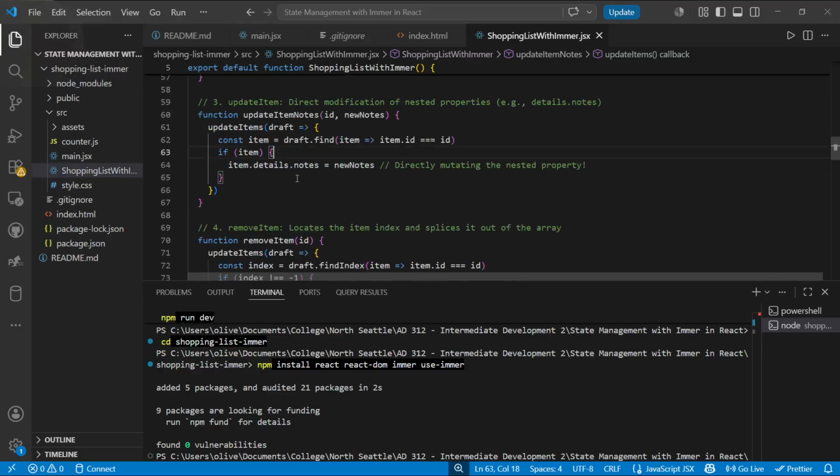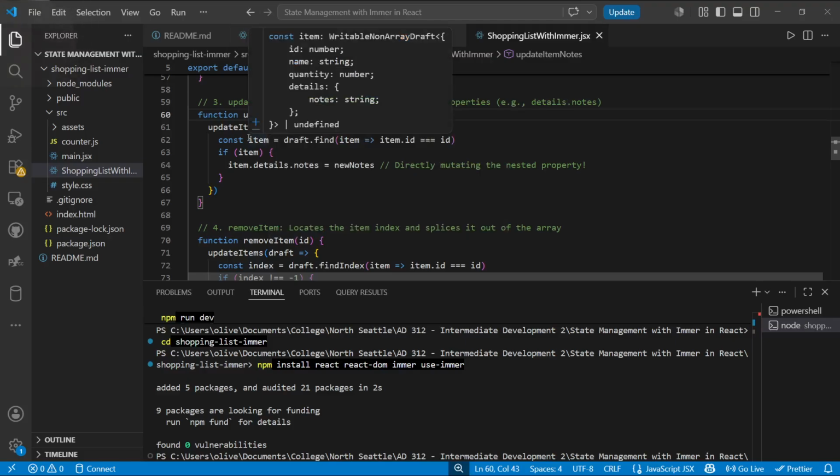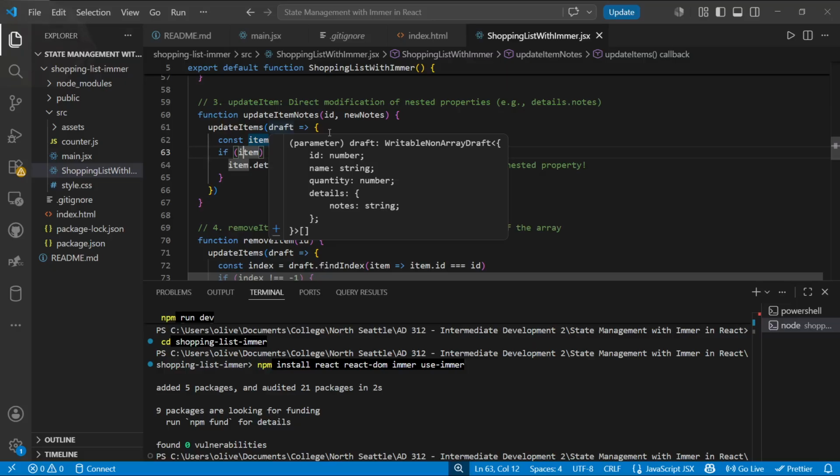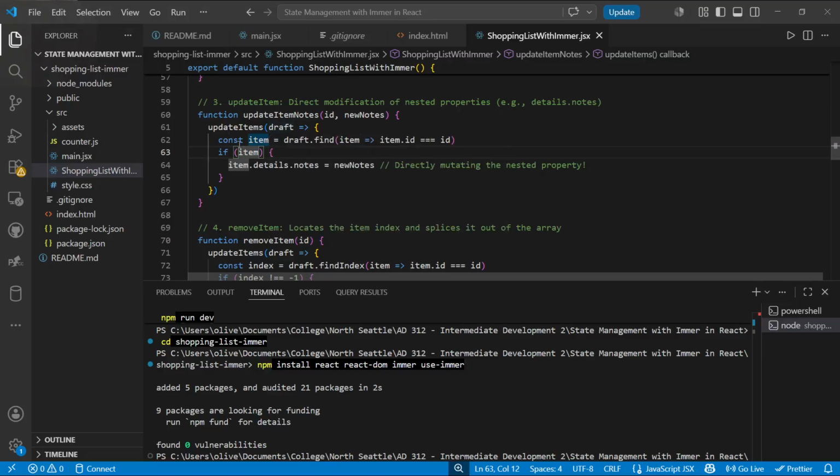Update item allows you to modify the nested properties that normally would be immutable using the Immer library. So again, you have the function update items, ID, new notes, using the spread syntax and the React logic in order to call a function. Update items, which will utilize the React library to update,